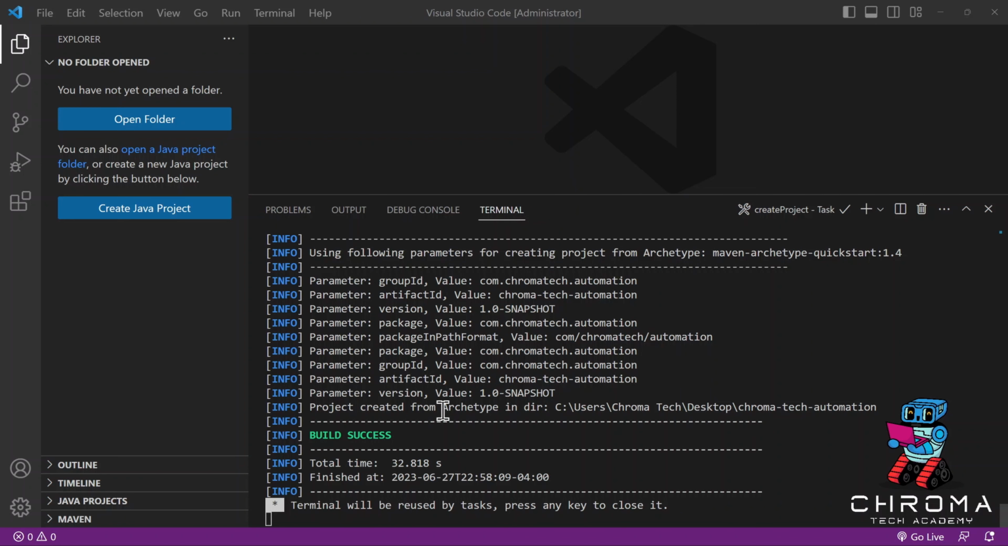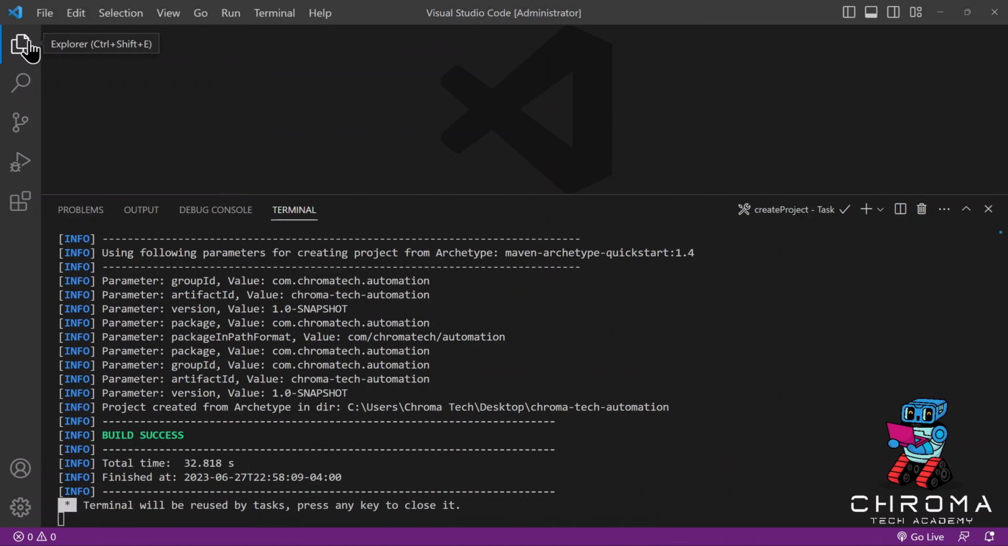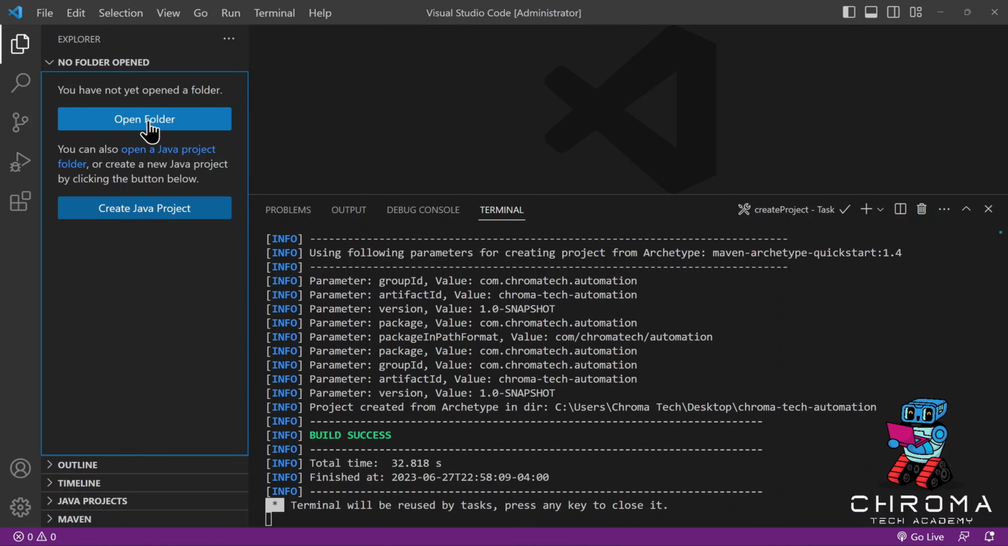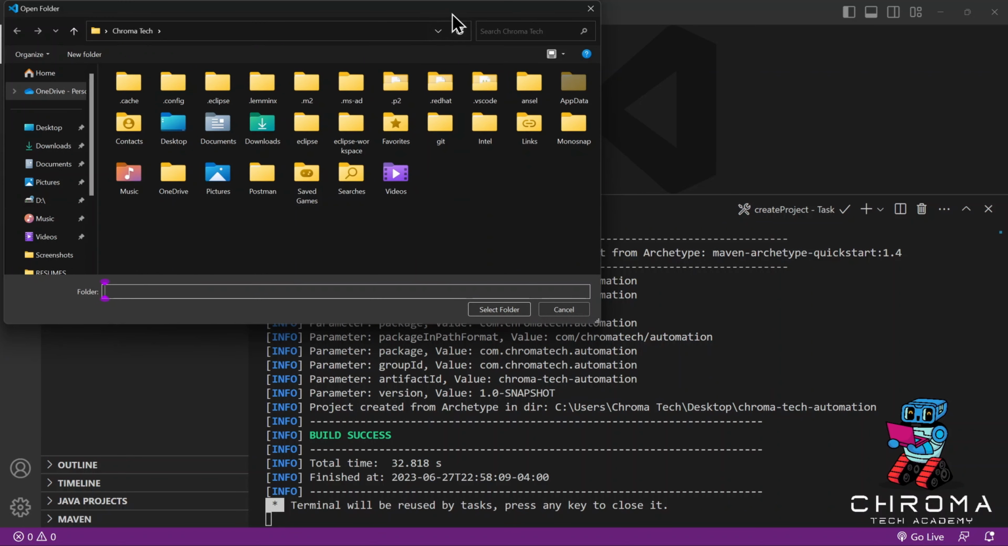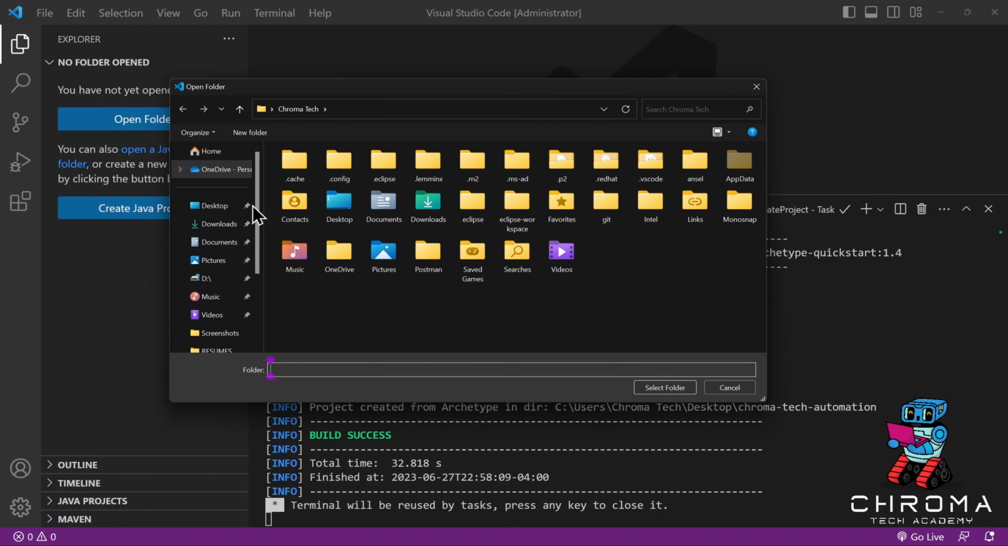Actually, when we created this project, there was a little option down here on the bottom right that said open. You could click on that option and it would have opened the Maven project we created. However, what I'm going to do is come up to the top left. We can click on the project explorer here. We want to click on open folder, in other words, open project. So I'm going to go ahead and click on open folder, and we need to locate the project where we